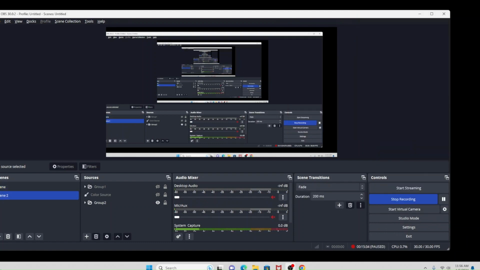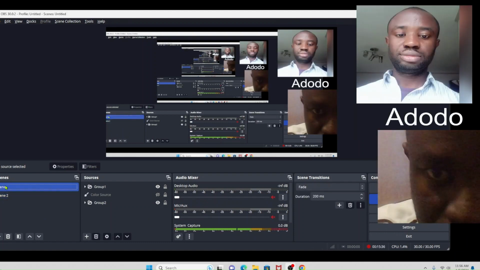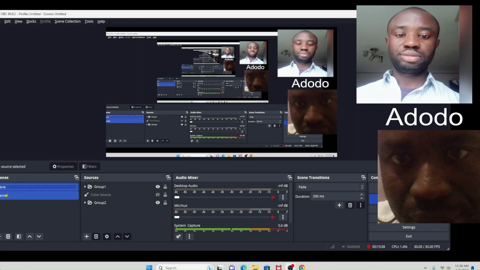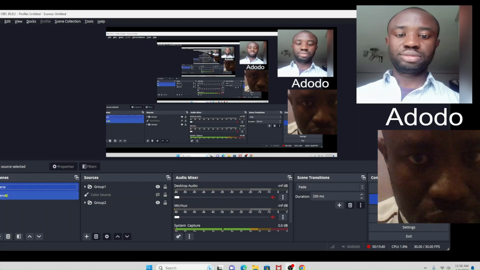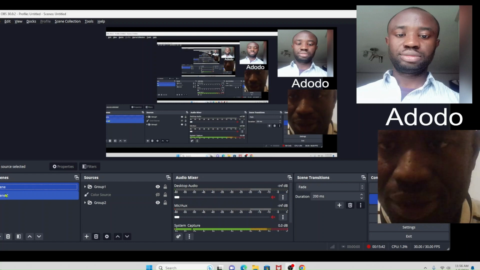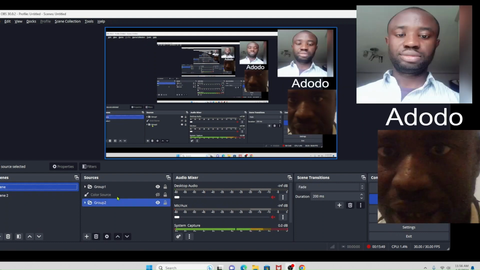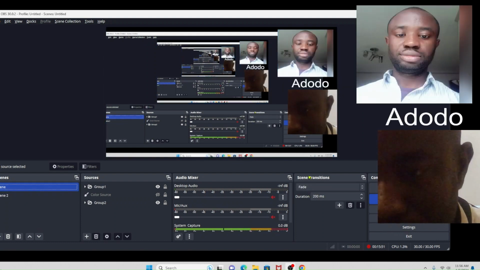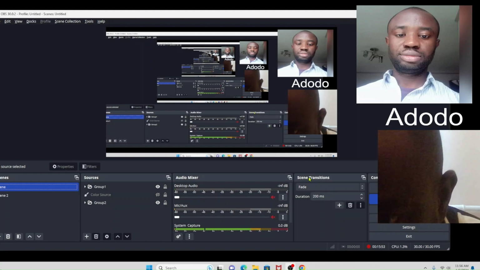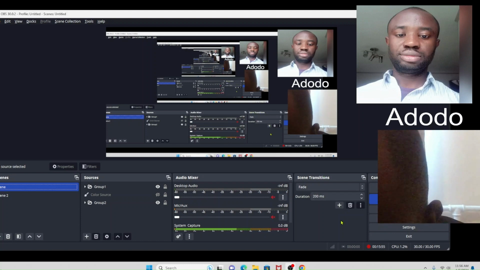I want to make it better. So this is the transition. If for example you are working on page 1, page 2, or maybe different pages, and you click on it, you toggle, you can see the way it is. See the way it is. But this transition is not too cool. Let's make a better transition. This brings us to scene transition. Click on this,